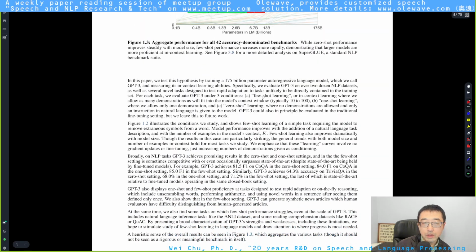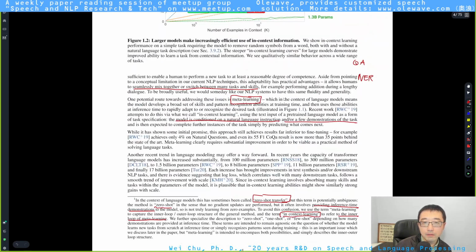I think the reason why, that's my understanding, feel free to correct me if I'm wrong. The reason meta-learning is no longer popular nowadays was actually its performance, because the results, you can see, are very bad.